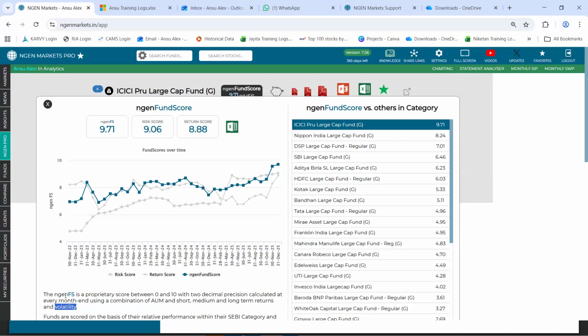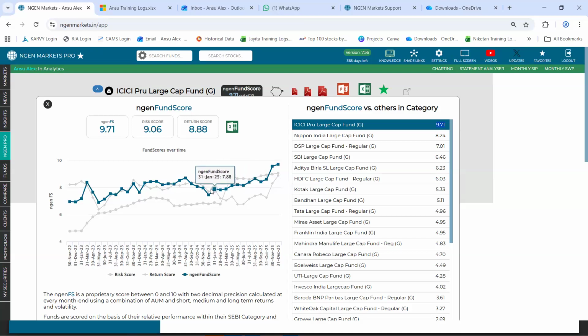Another important point is that this score is comparable intra-category only, that is, within category comparison. You cannot compare the score of a large cap against a value fund or a small cap fund. It changes on a month on month basis. The history of the fund score can also be seen on this line chart.